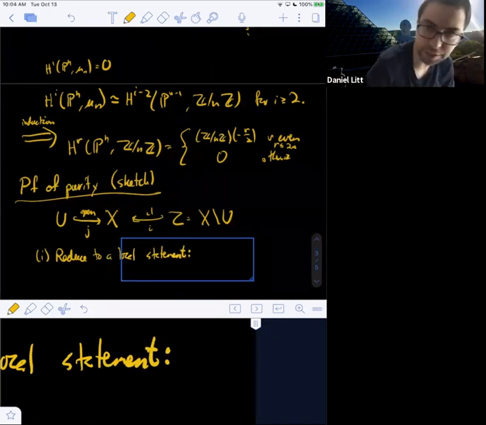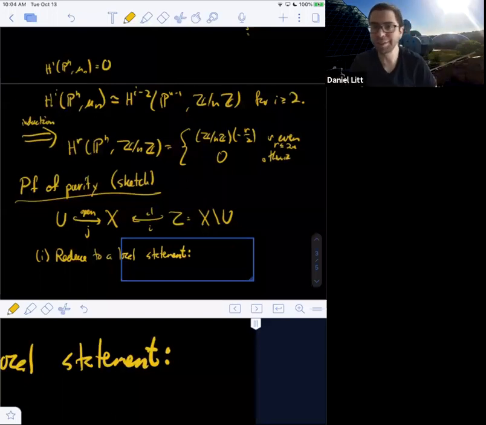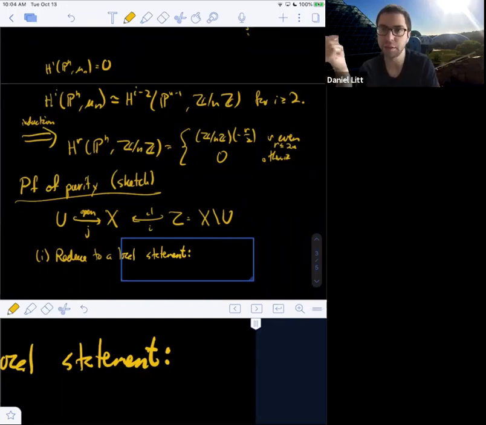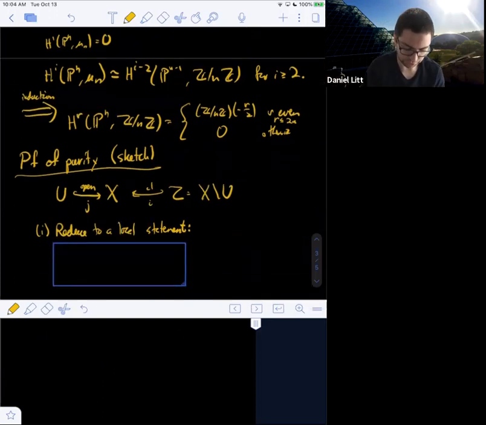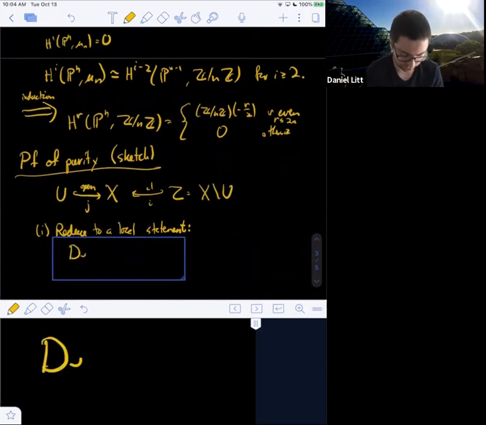So this is, somehow, what you always have to do when you want to prove a general statement like this in Étale homology. You cannot compute with an arbitrary smooth pair even. What you have to do is get into a situation where you can compute, namely a smooth pair that's very concrete. So in order to do that, we need a local statement, and right now the statement we're trying to prove is not local. So what we're going to do is make a definition.